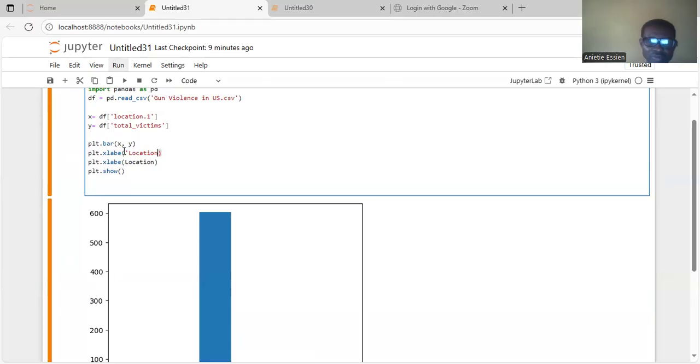Now I can call this total victims. So those are the two we imported, total victims and location. So I'll now run this and let's see what